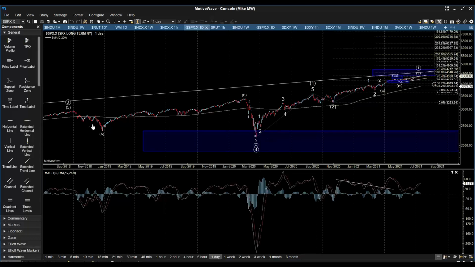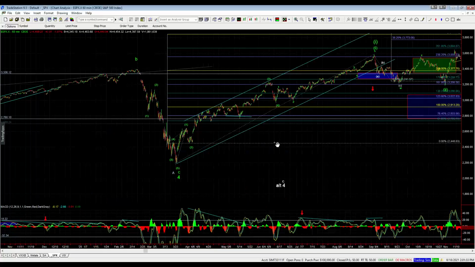Back in 2018. So this was a large expanded B wave. So we have A and then B, a very long and expanded B wave, and then we count the move down into the March lows as a 5-wave move as part of a C wave of 4. We can see that on the daily chart here on the SPX chart. So this was an A and then B and then 1, 2, 3, 4, 5 for a C wave for a wave 4. So we count that bottom as an ABC,